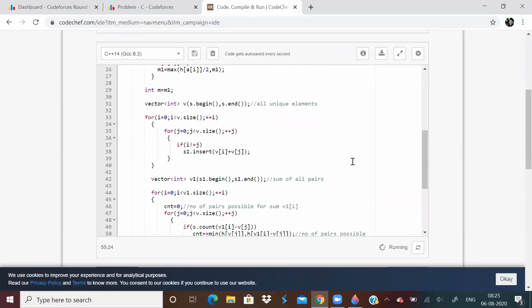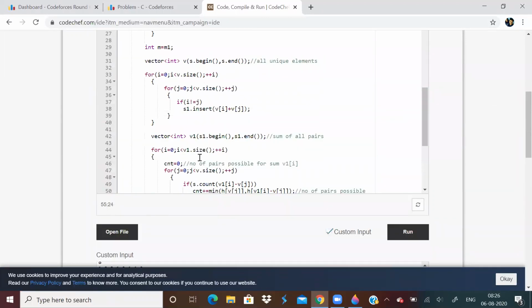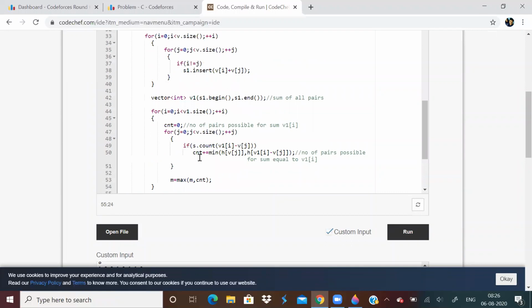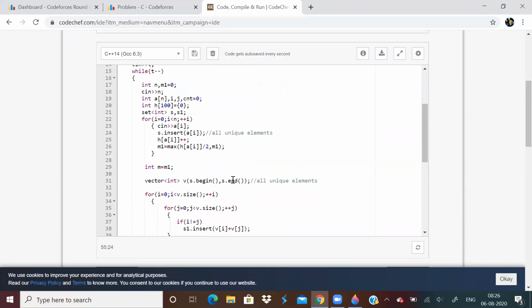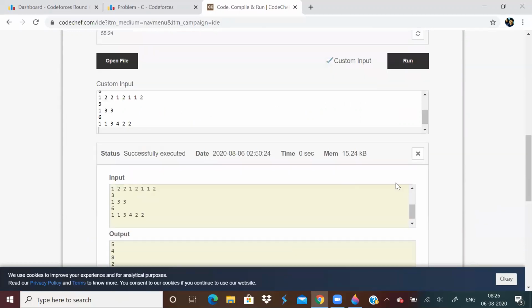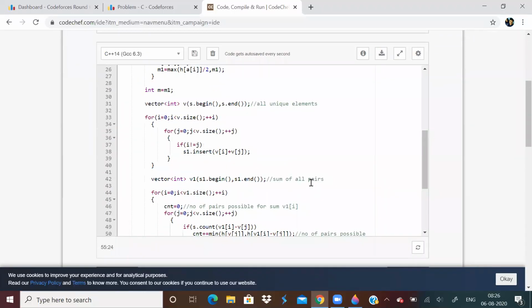You just need to know, actually not any logical thinking is required. I mean, any big thinking here. So we are not getting the answer though. We are getting the wrong answer here. So I think I made some blunder here only. Why are we getting 5 as the answer?